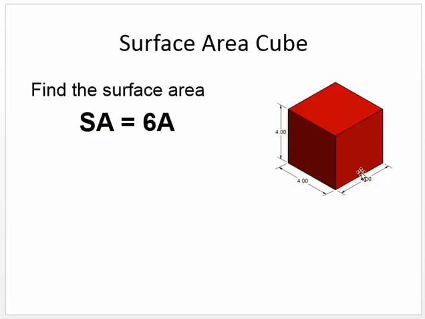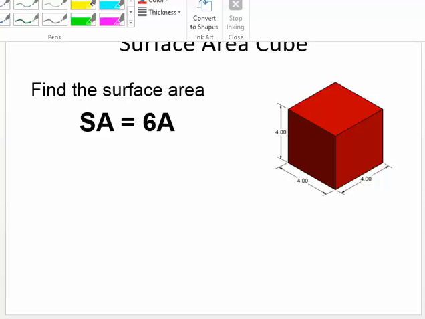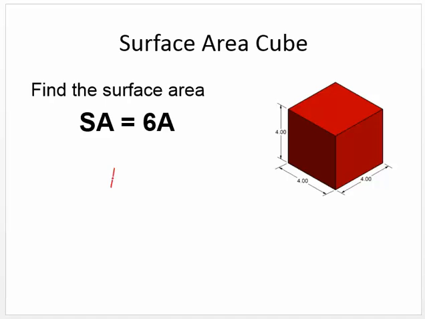Well, it's kind of a two-step problem. Surface area is 6 times A, which means, if you remember from earlier, in this case area is S squared. We take the sides and square it, and then we multiply it by 6 because all 6 sides are the same. So in this problem, to find this area, I'll just do this side here, 4 times 4,